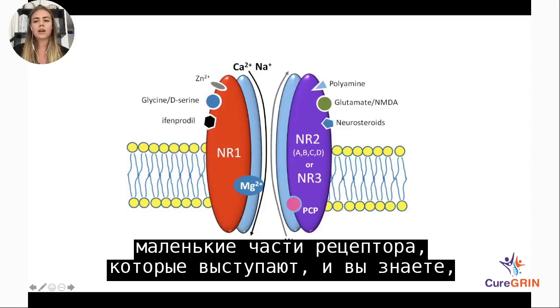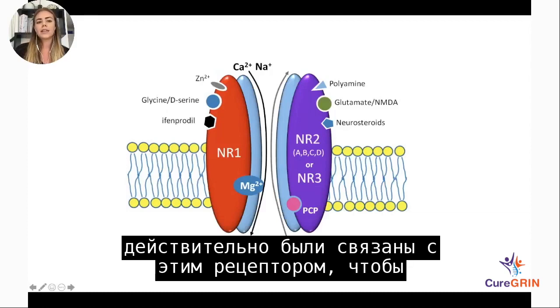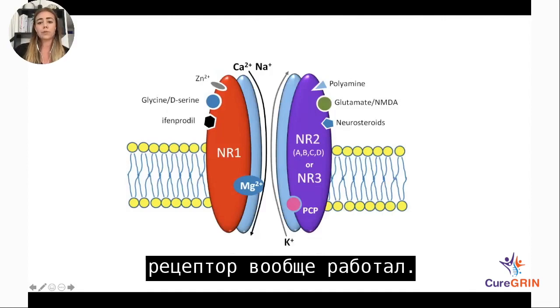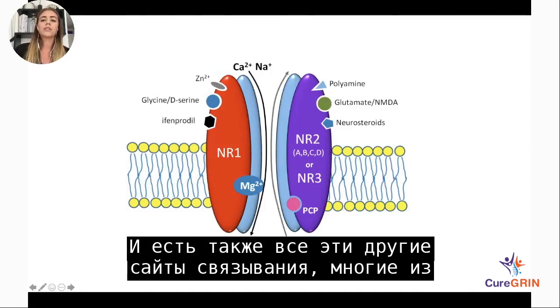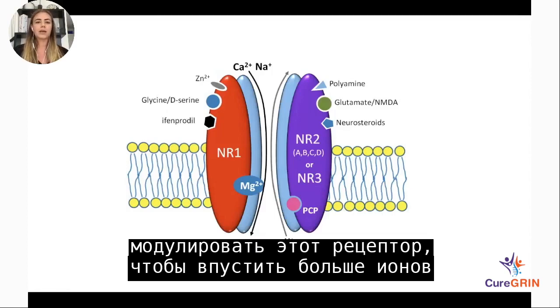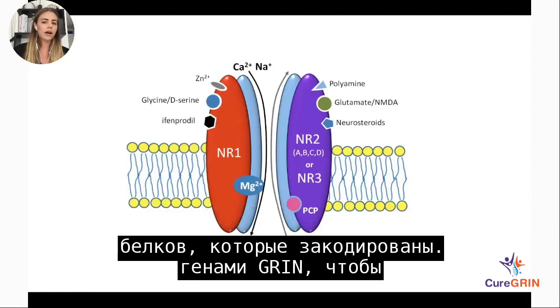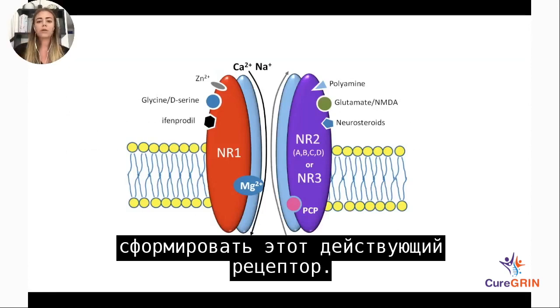And on the outside of the cell, we have these little parts of the receptor that stick out. And we require glycine or D-serine and glutamate to actually be bound to this receptor in order for the receptor to work at all. And there's also all of these other binding sites, many of which are being discovered newly each day, which allow for modulation of this receptor, so to let more ions in or fewer ions in. And so it takes 4 of these proteins that are encoded by the GRIN genes